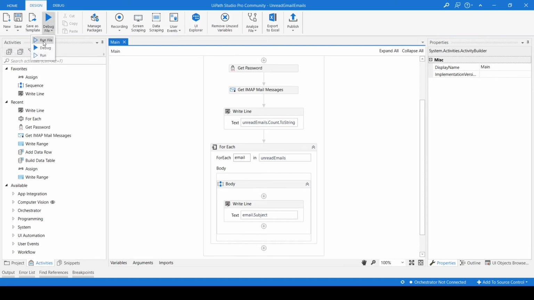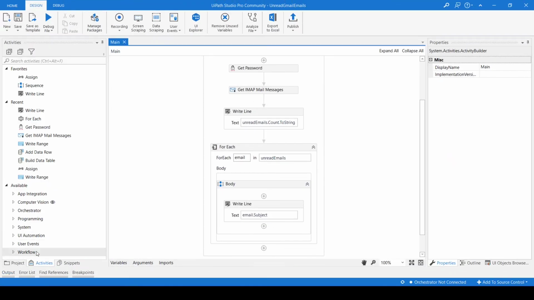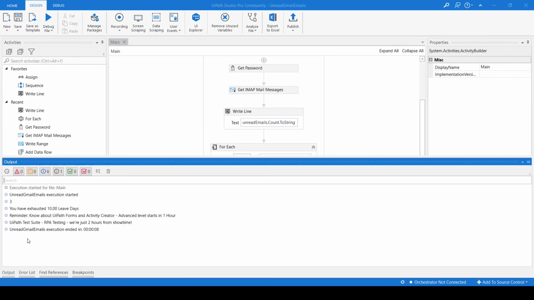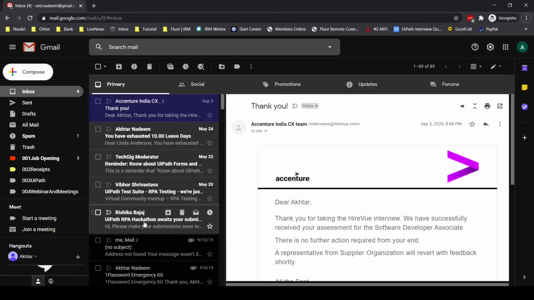Let's run the workflow. Here in output, 3 emails are unread. Here 1, 2, 3, 4. Oh my god, somewhere something is not working correctly.